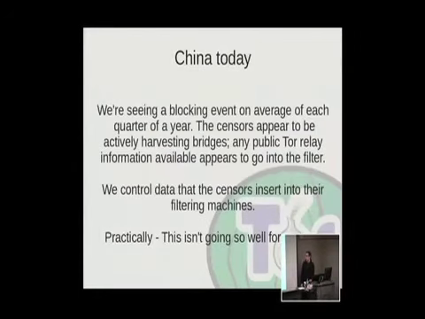But now the problem is that they have adapted, of course, as we expected. And so they regularly harvest bridges. And so, in fact, the people that are in China really have to use the friend of a friend approach. We think it's secure cryptographically. We think it's good from an anonymity perspective. But that doesn't actually change the fact that they are actively hunting for ways for people to get into these networks. And they treat us as an adversary. It's almost like an anonymity Cold War. And it's a little bit frustrating because they're wrong. And that's all there is to it.